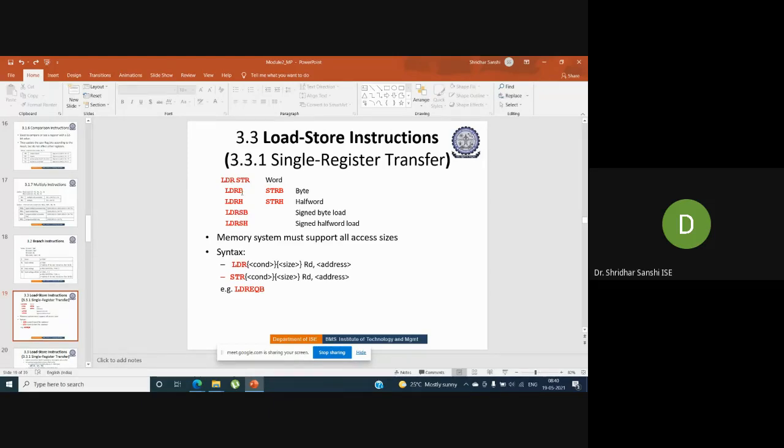Similarly, LDRB, where B corresponds to byte of information, so only 8 bits of information will be copied to the register. H indicates a half word, SB indicates a signed byte, and SH indicates a signed half word. Okay, so this we have seen in the last class.